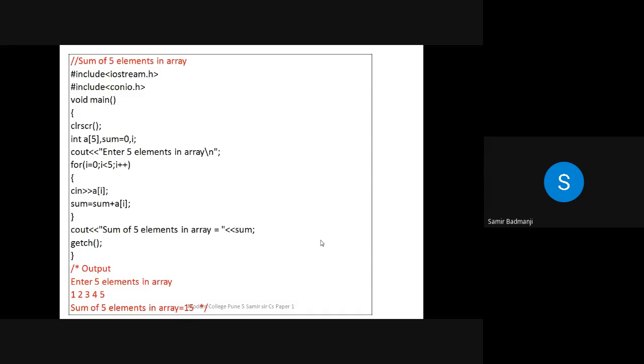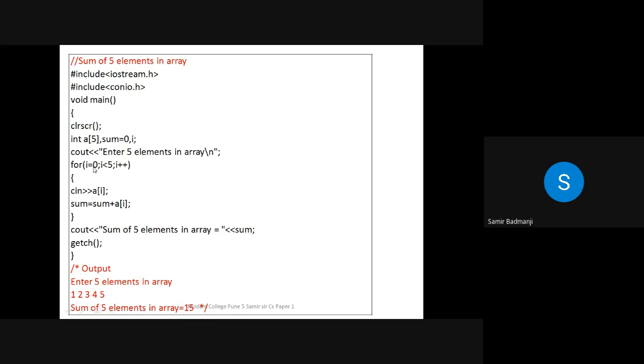This we have already seen in 11th standard, accepting 10 elements in an array and just printing them. So this is a program for accepting 5 elements in an array. So we have initialized sum to 0. This for loop is used for accepting the 5 elements in the array. One by one it will accept. And we are applying some process or operation on that particular array element A[i]. Okay. So whatever 5 elements we are taking one by one, we are just adding it to sum. So this is nothing but the process.